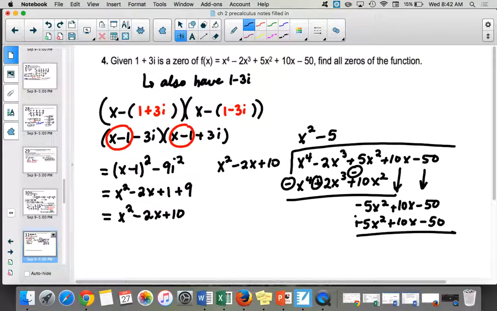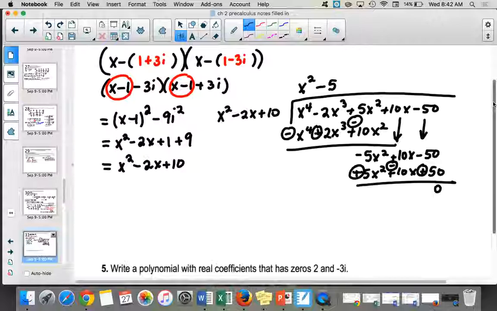So when we draw the line and change the signs, everything goes away. So our remainder is 0. Shouldn't our remainder be 0? Yeah, if your remainder is not 0, you did something wrong. So that means that we've factored into